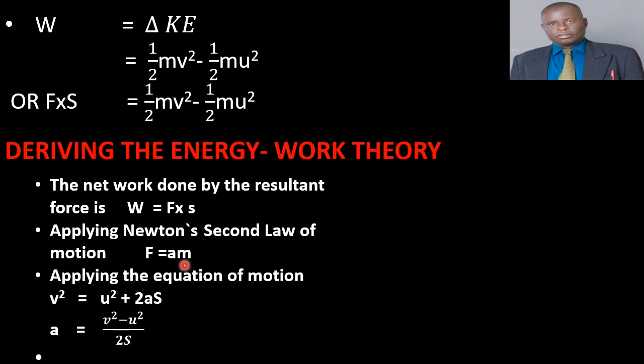Alright, so again from Form 3 work, we looked at the equations of linear motion. One of the equations is this one here: V squared is equal to U squared plus twice the acceleration multiplied by the distance moved. Make sure you know this one. There are 3 equations, if not 4, which are very important in linear motion. So we are simply borrowing from those equations so that we can derive our